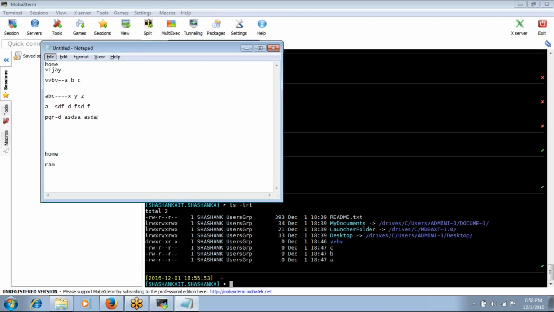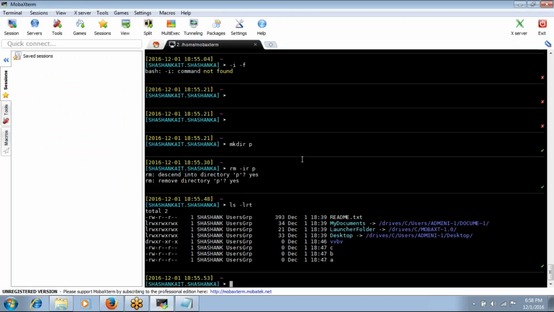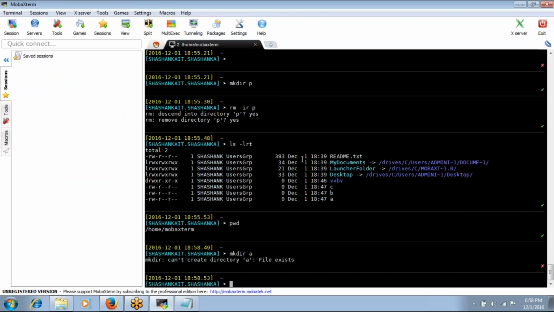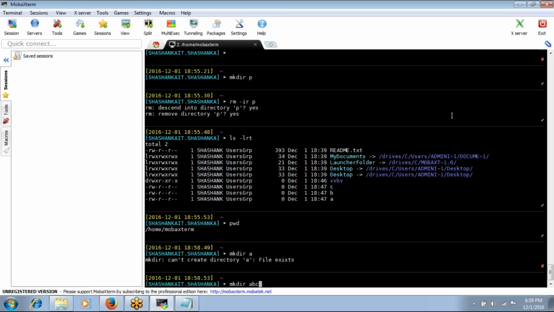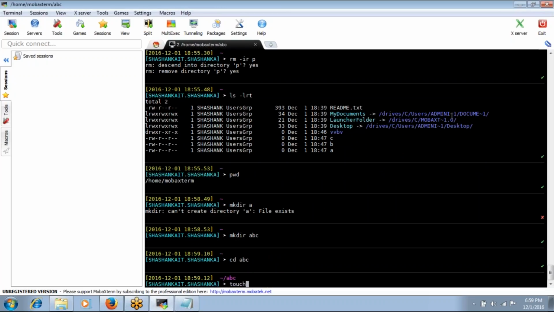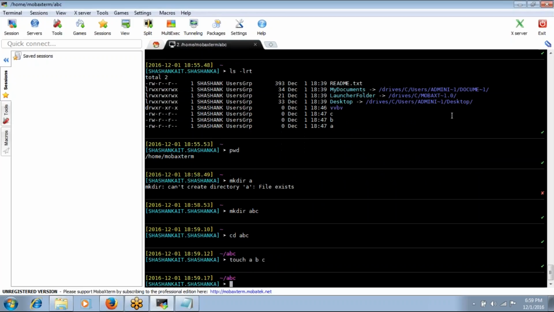Okay, so let's see how to copy the directory. Suppose this is the directory. I am creating directory A. It doesn't allow us because you already have a file named A. I am unable to create a directory with the file name A. It already exists. So I am giving a directory like ABC. If I go into ABC, I have files A, B, C, and the directory PQR.